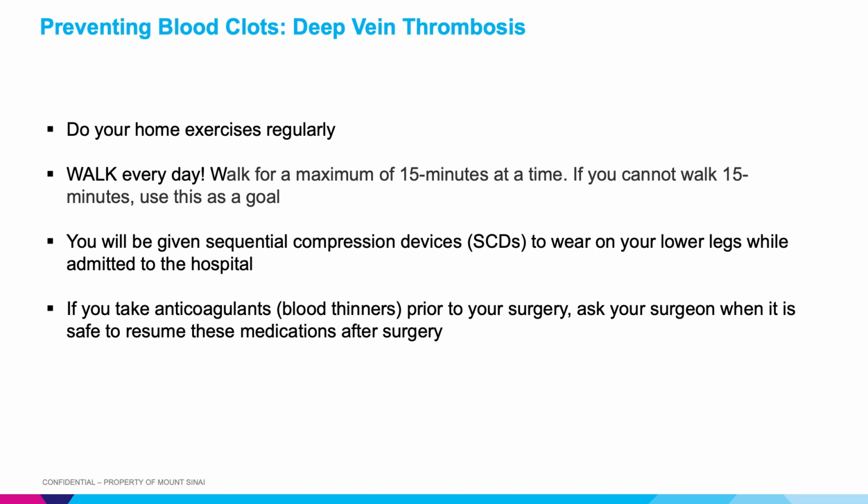Walk for a maximum of 15 to 20 minutes at a time. If you cannot walk for 15 minutes, use this as a goal. You will be given sequential compression devices, or SCDs, at the hospital to wear around your legs. If you take anticoagulants or blood thinners prior to surgery, ask your surgeon when it is appropriate to resume these